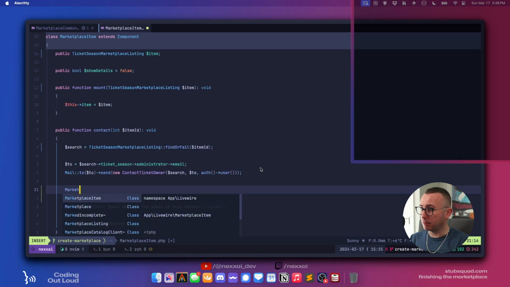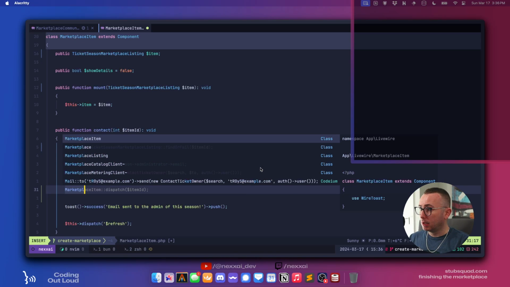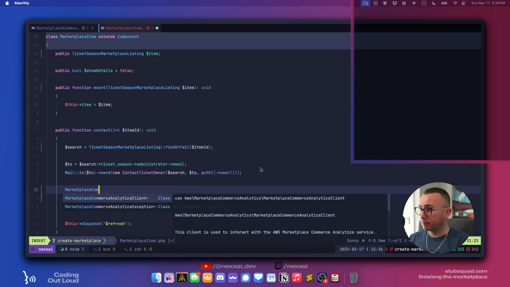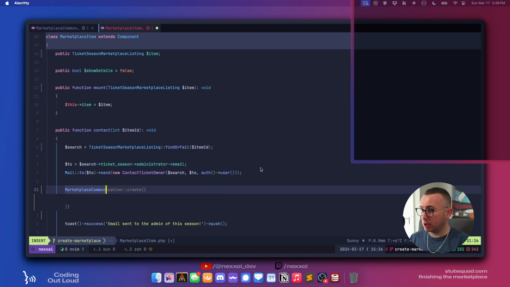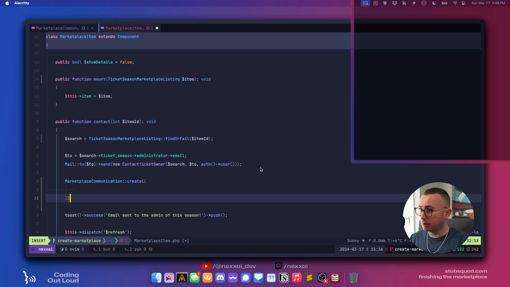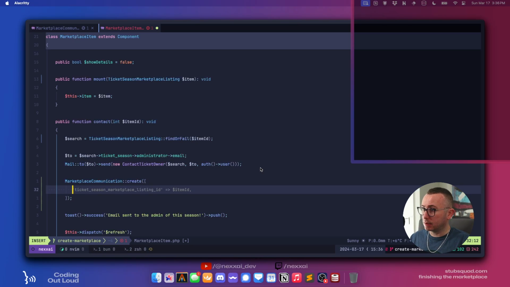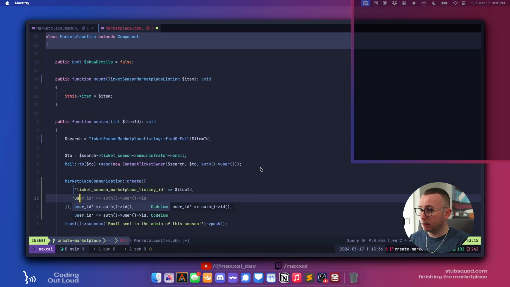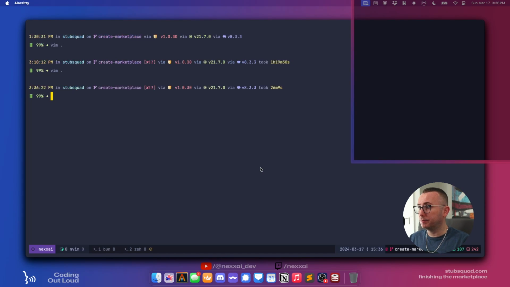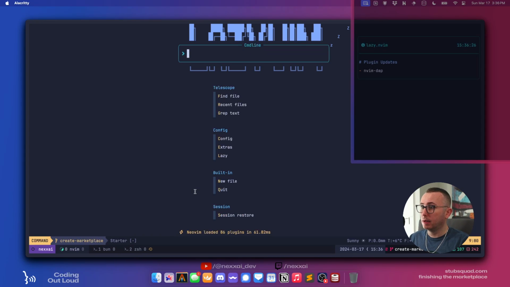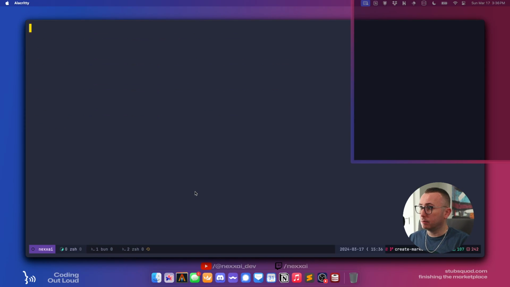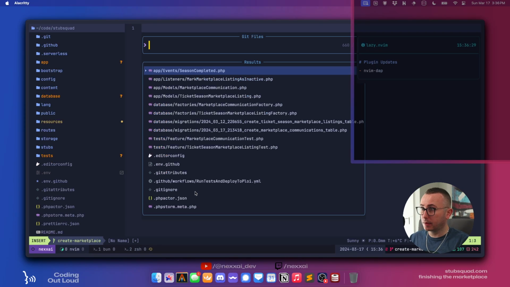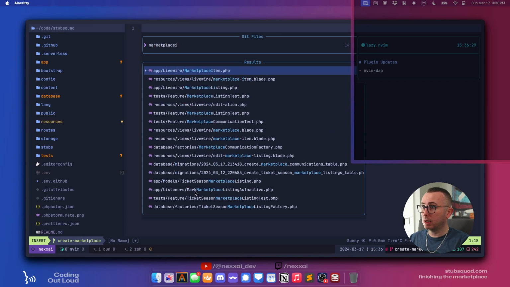So we're going to say marketplace communication. Yep. And it's not going to import properly, right? And so we're going to say ticket season marketplace. Yep. And user ID is the auth user ID. I don't know why I did that. Vim dot marketplace item.